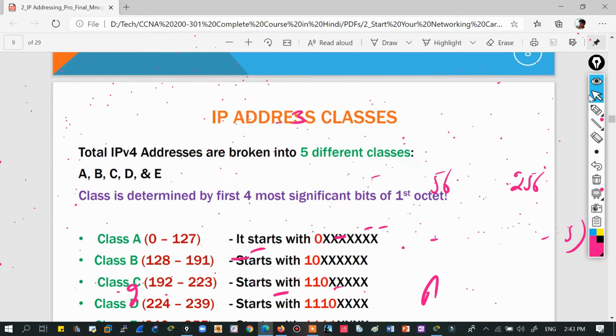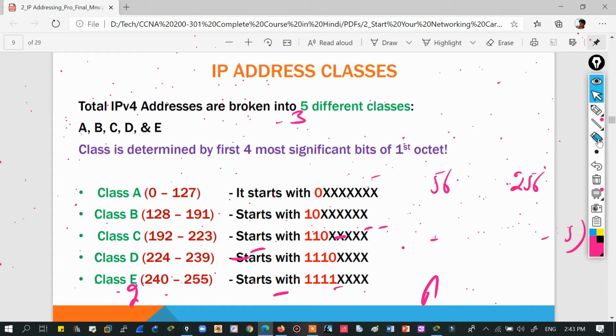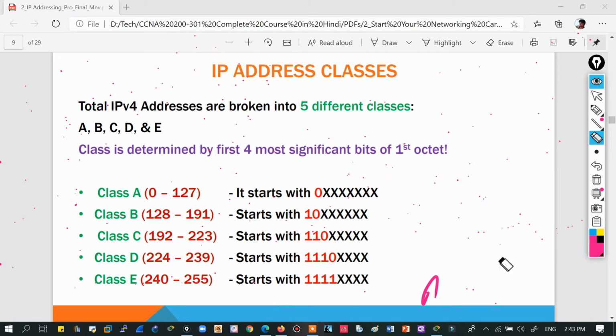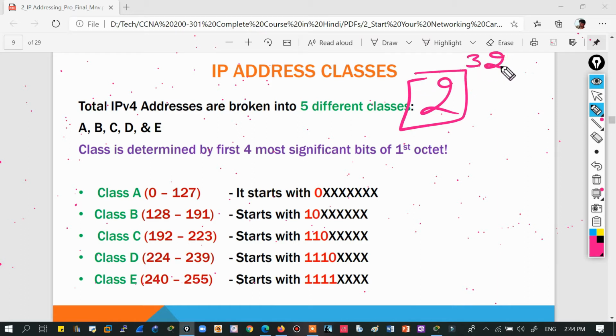So now is the turn about a very important concept, that is IP address class. See, in IP we have total 32 bits, right? So can you tell me how many total IP addresses we can have? Again, I've told you the formula. 2, because we are using binary number system, and the base of binary number system is 2, because 0 and 1, there are only 2 numbers that can be used to create a binary number. So 2 raised to the power bits, 32. So this will be approximately 4.3 billion IP addresses, right?